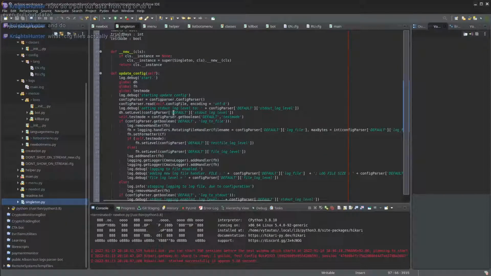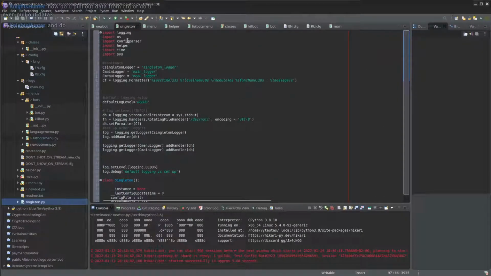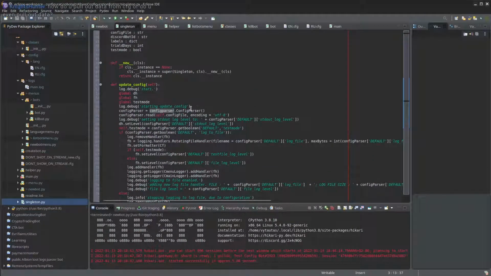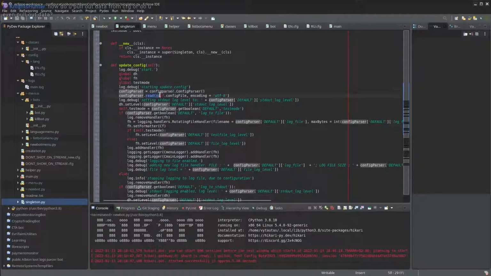How it looks in code is, we can find it, logging config parser. This config parser comes from the standard Python library, so it's not third party. Here I get a parser, well, this is how you get it. Then you give it a file, and encoding, I guess it's optional, but I just specify that it's actually UTF-8. Because it has multiple languages, it has to be UTF-8. Otherwise, I think it might default to something,